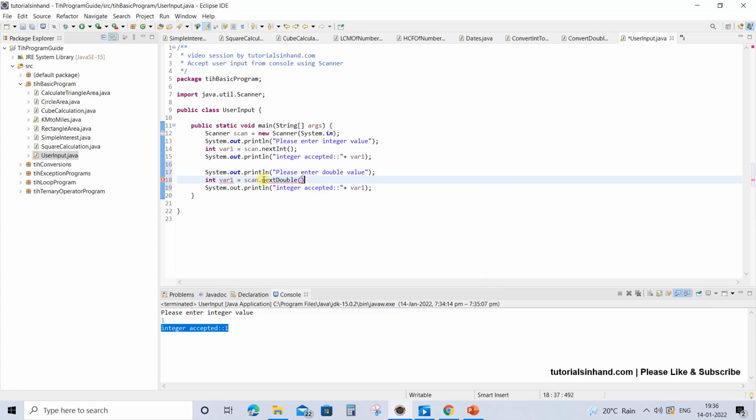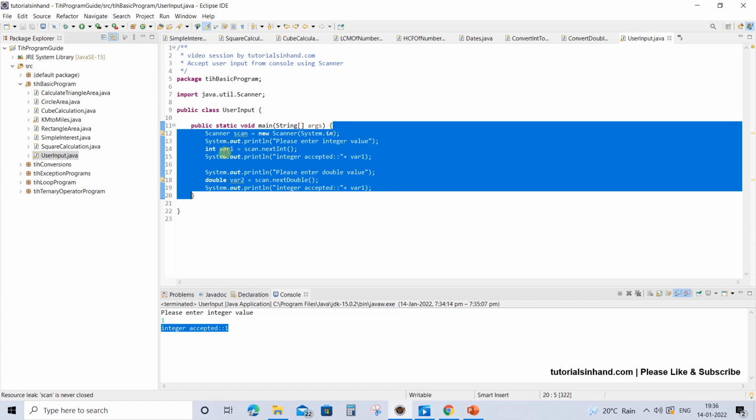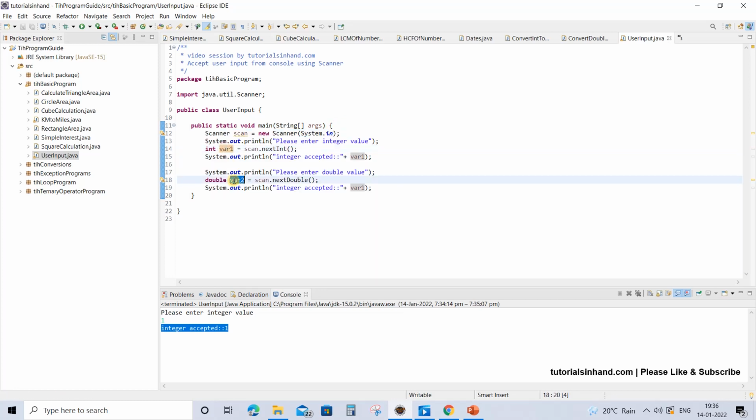And why is it showing an error? Because this needs to be changed to the double data type, and the name of the variable should also be changed because within a method two variable names cannot be the same. So now this is var2 and we are going to print var2 over here.